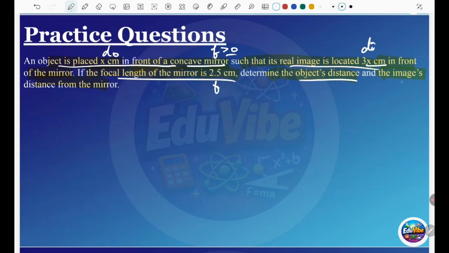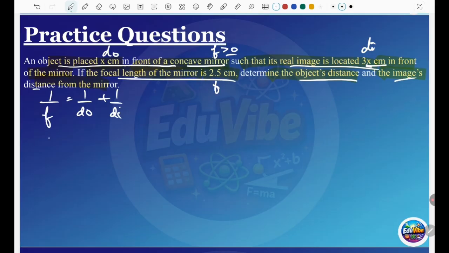Object distance, which is DO. Image distance, which is DI. So you have to find that x value first. From the x value you will get to know about DO, and from DO you will get to know about the DI. So the whole focus is to find the x. So for x we use the mirror formula,